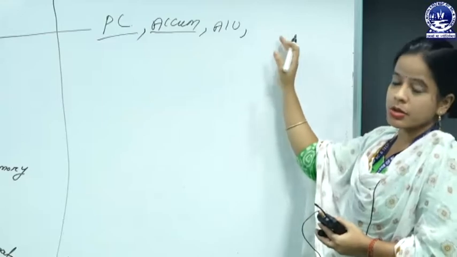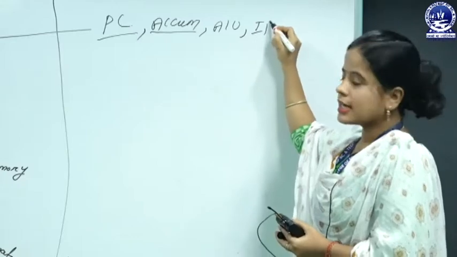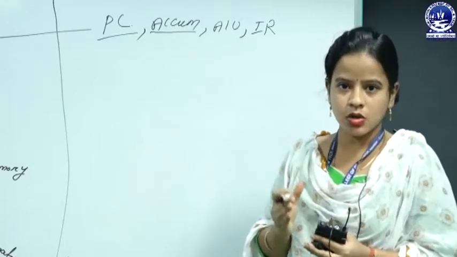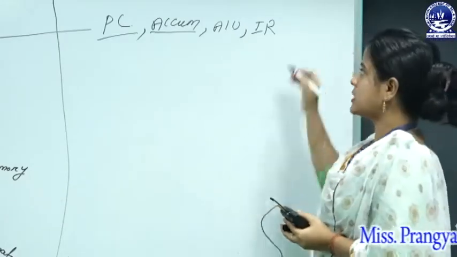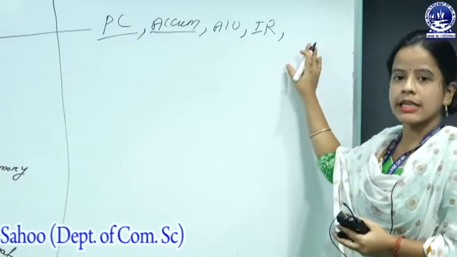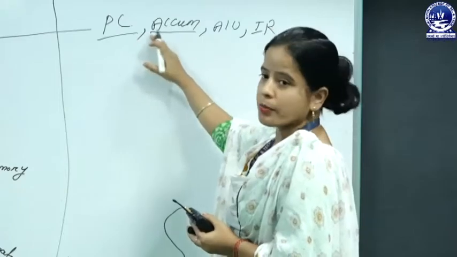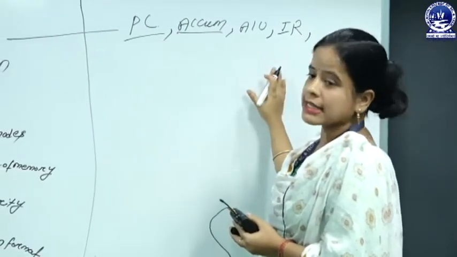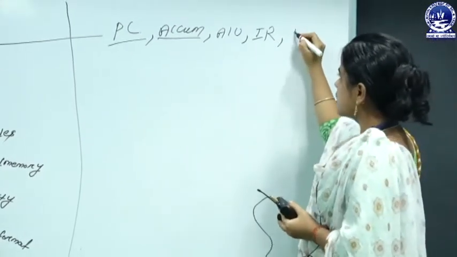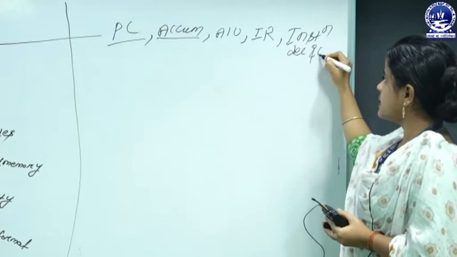The MU0 processor also consists of another basic component, that's your instruction register. The instruction register is also a type of register that holds the current instruction while it is being executed. And the last very important basic component is your instruction decoding and control logic, which employs the above components so that all the data is efficiently executed and provides the desired outcomes with accuracy. The last one is the instruction decoding and control logic.